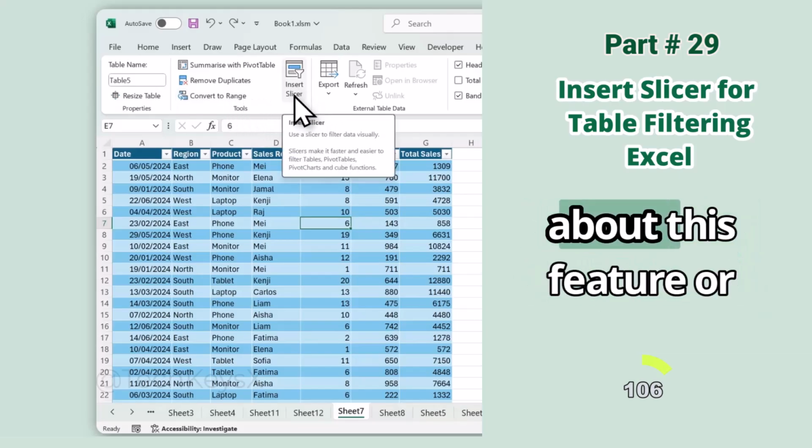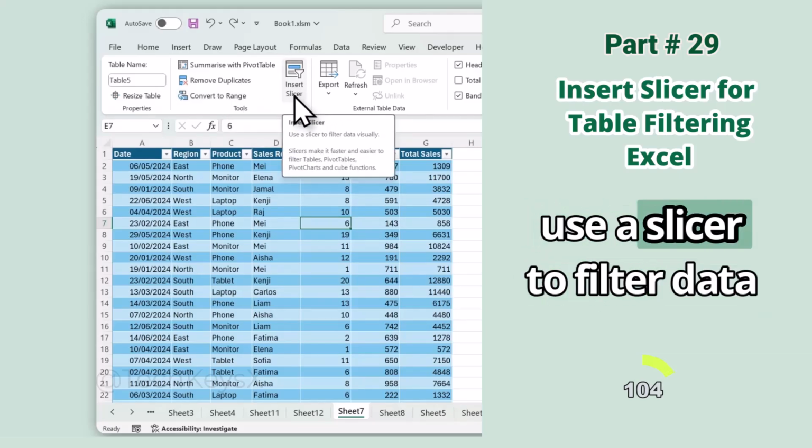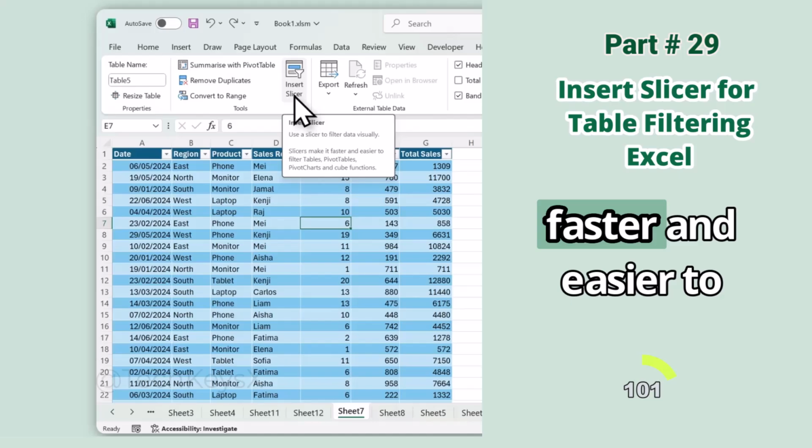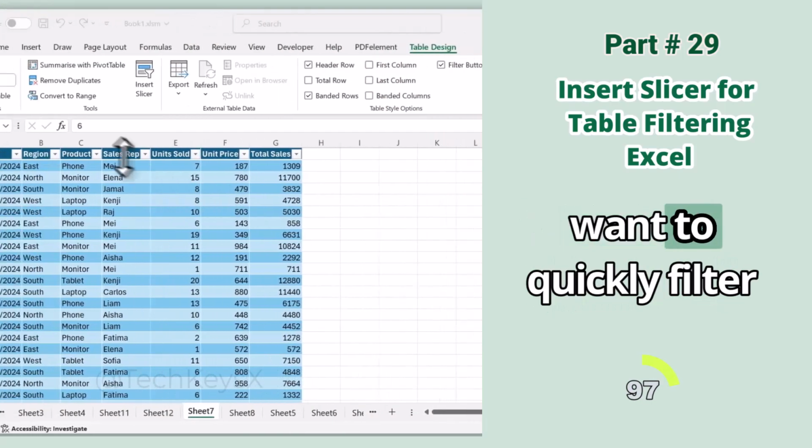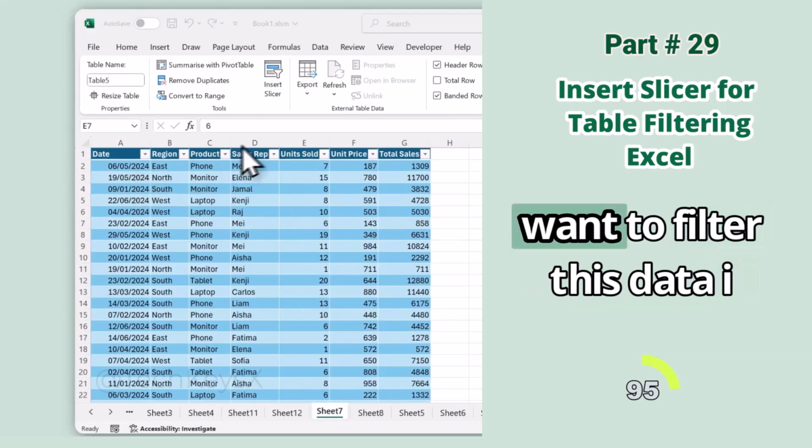Today we will learn about this feature, insert slicer. We can use a slicer to filter data visually. Slicers make it faster and easier to filter pivot tables, pivot charts, and Q functions. For example, I want to quickly filter this data, but